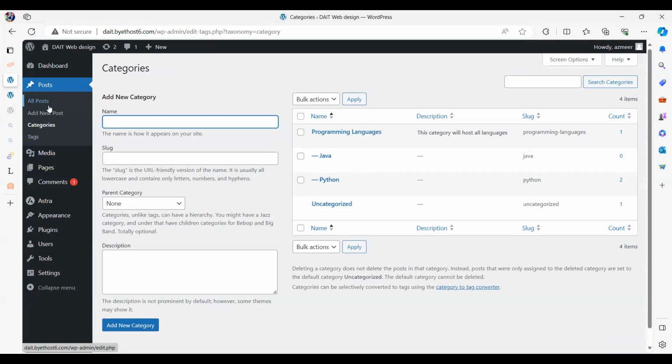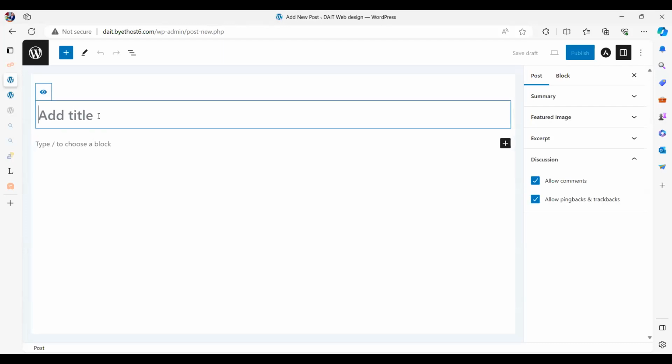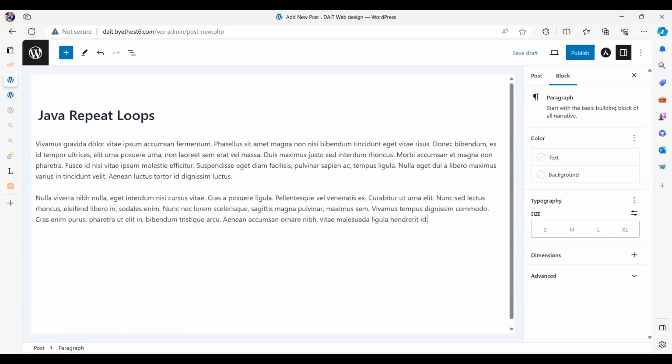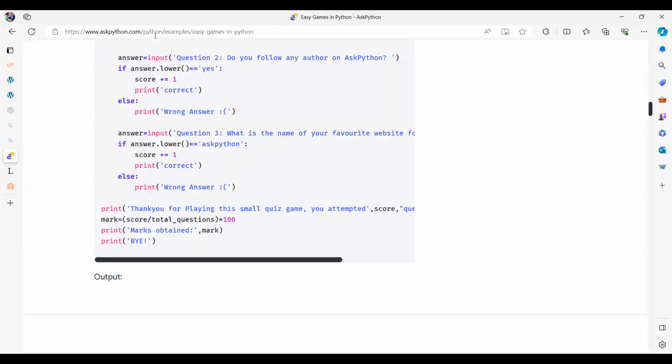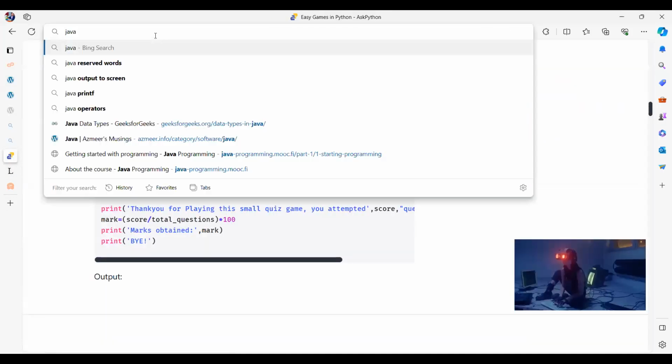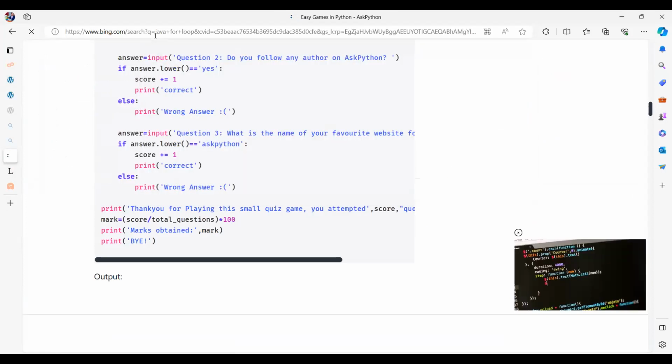I'm going to say add new post. Let's have an article called Java repeat loops, right? So I'm going to put some text. Let's get a Java code here. Java for loop, let's say.